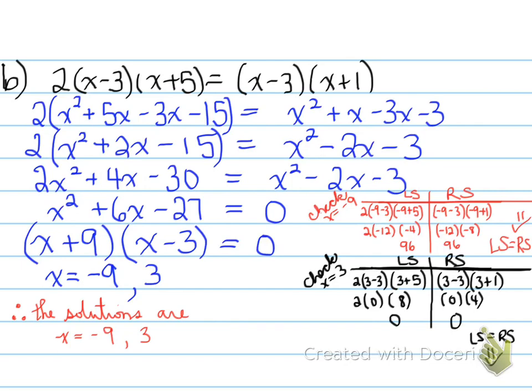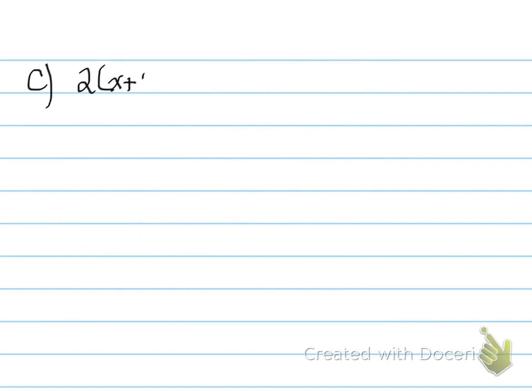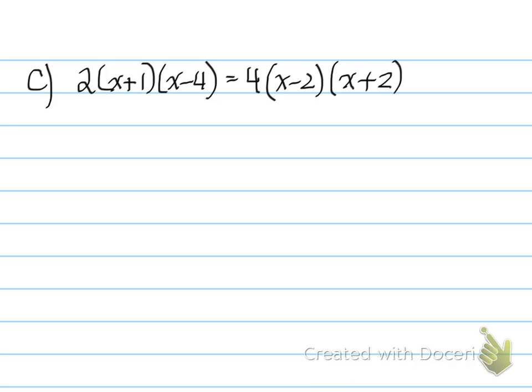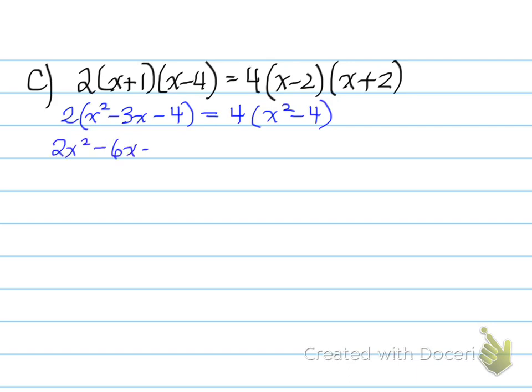All right, almost done, folks. Let's look at another example. 2 times x plus 1 times x minus 4 is equal to 4x minus 2 times x plus 2. Again, folks, what we need to do is expand it. Don't forget to expand it by expanding the brackets first by foiling. We expand again with the number on the outside, and collect like terms, this time moving everything to the right